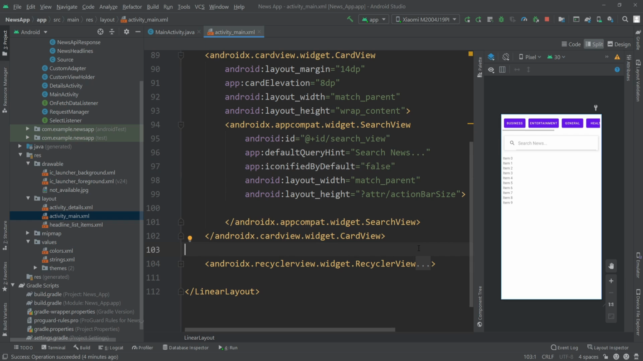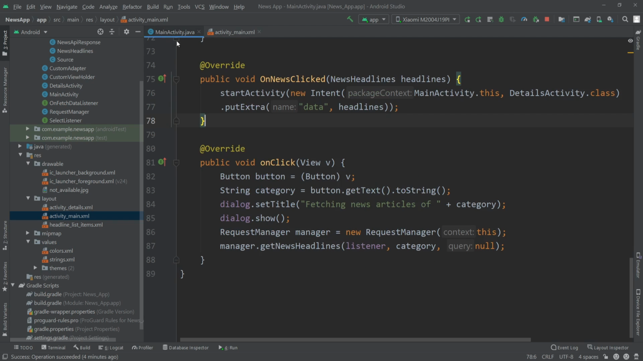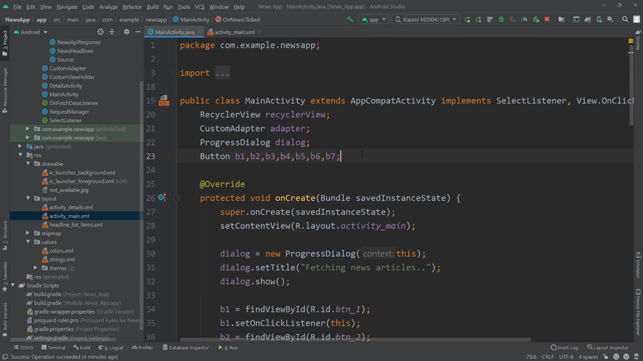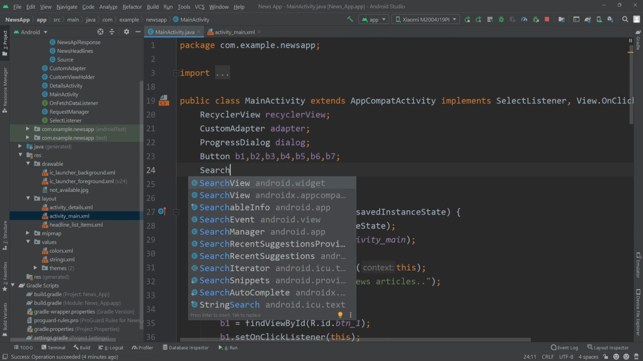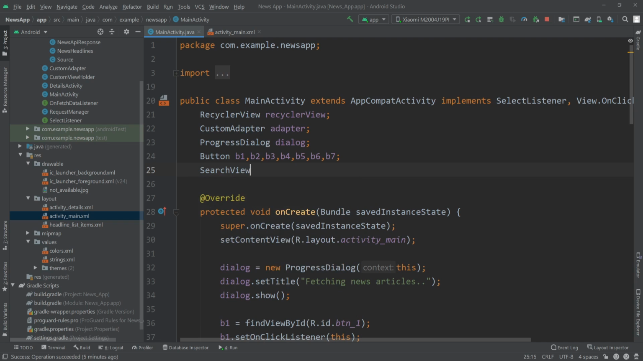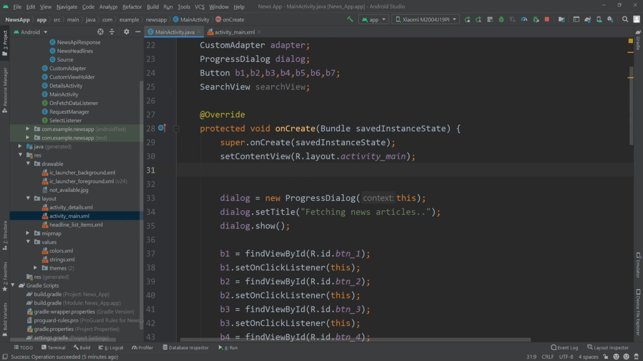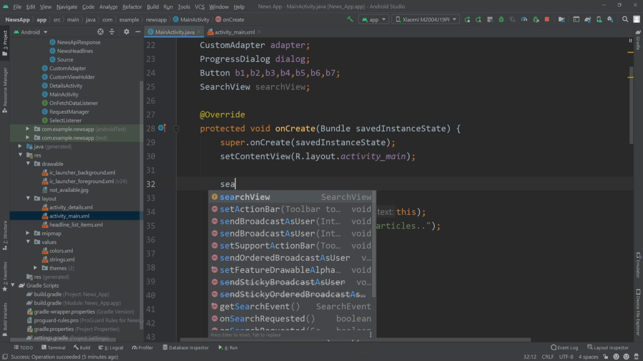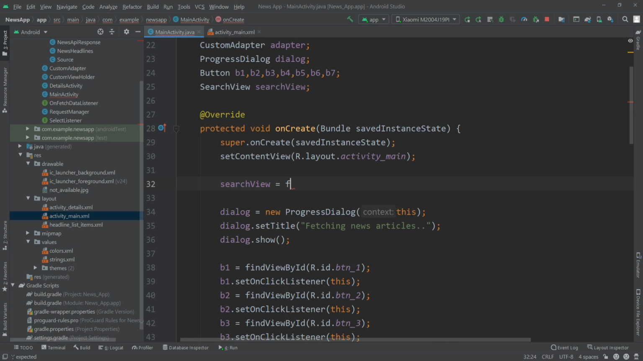Okay, so now we can go to our MainActivity.java here, and here I'll create the object for our search view. So SearchView, and from here we have to select the androidx.SearchView, not this android.widget one, because we used the AndroidX SearchView in our XML file. So I'll call this searchView, and then I'll initialize it inside this onCreate method. So searchView equals findViewById R.id.search_view,